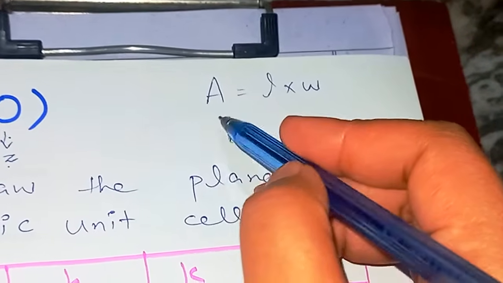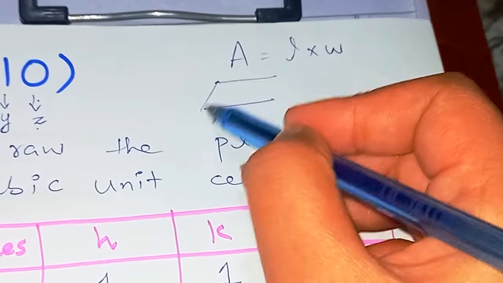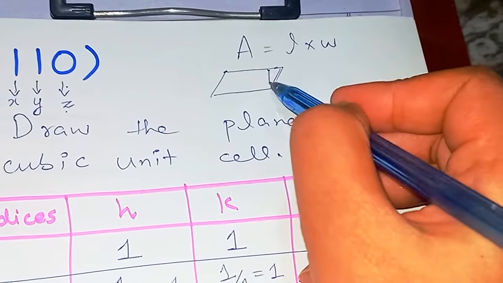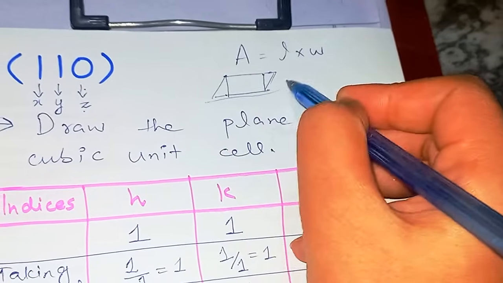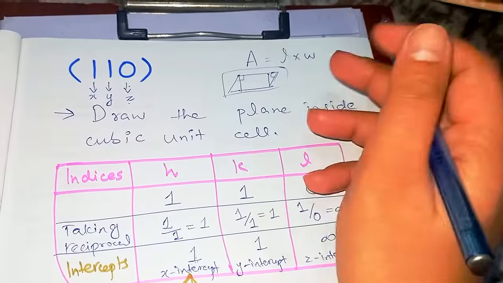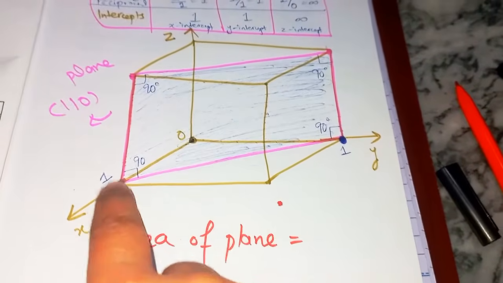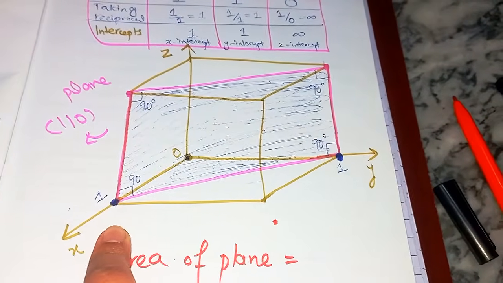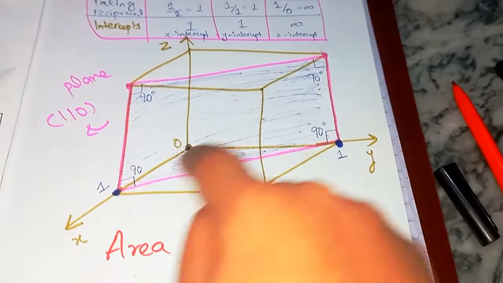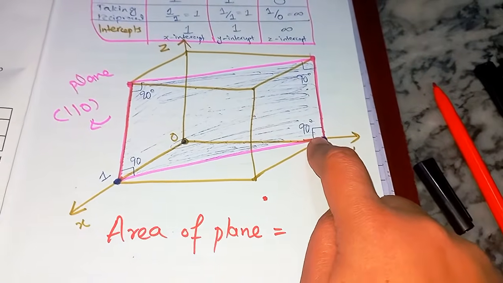But if it were a parallelogram, you know that two opposite sides are equal to each other, but the angle is not 90 degrees, and the formula to calculate the area of a parallelogram is different. So this angle does matter when you are calculating the area of the plane. That is why I was mentioning here that whenever you have these vertical lengths which are parallel to the z direction, and a line which is lying on the xy plane and whose z component is not changing,